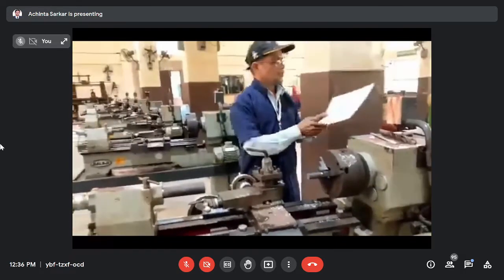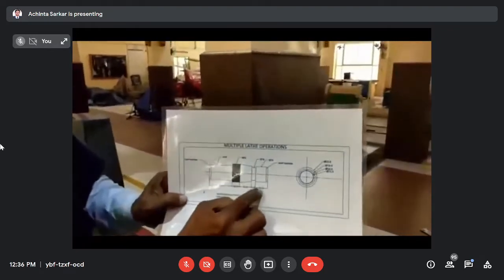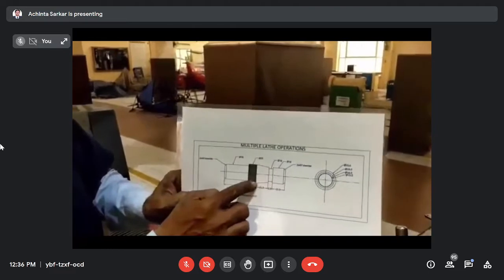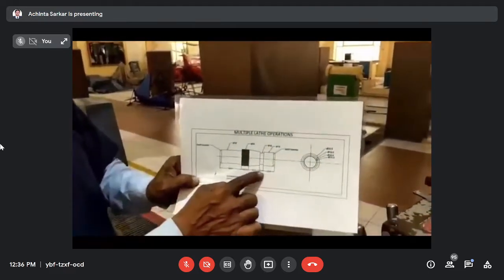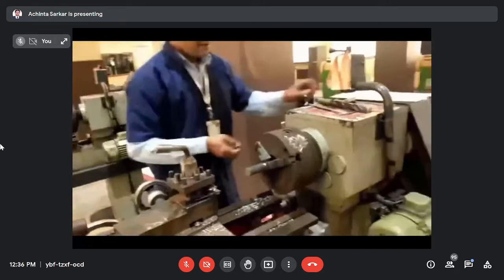Because you have to study your diagram. This side is given 19 diameter. This is also a grooving operation, this is a taper operation, this is a knurling operation, so many operations are given. That's why first 15 plus 5, 20 mm length, diameter should also be 19. And marking by vernier,